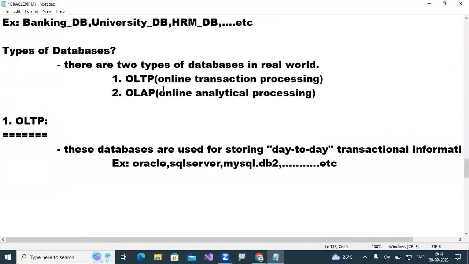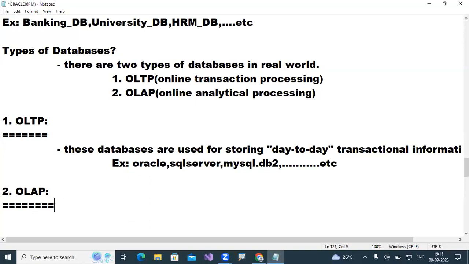And the second one, OLAP. What do we say? This database is used for which data storage purpose? Old data, historical data, big data. Understand?